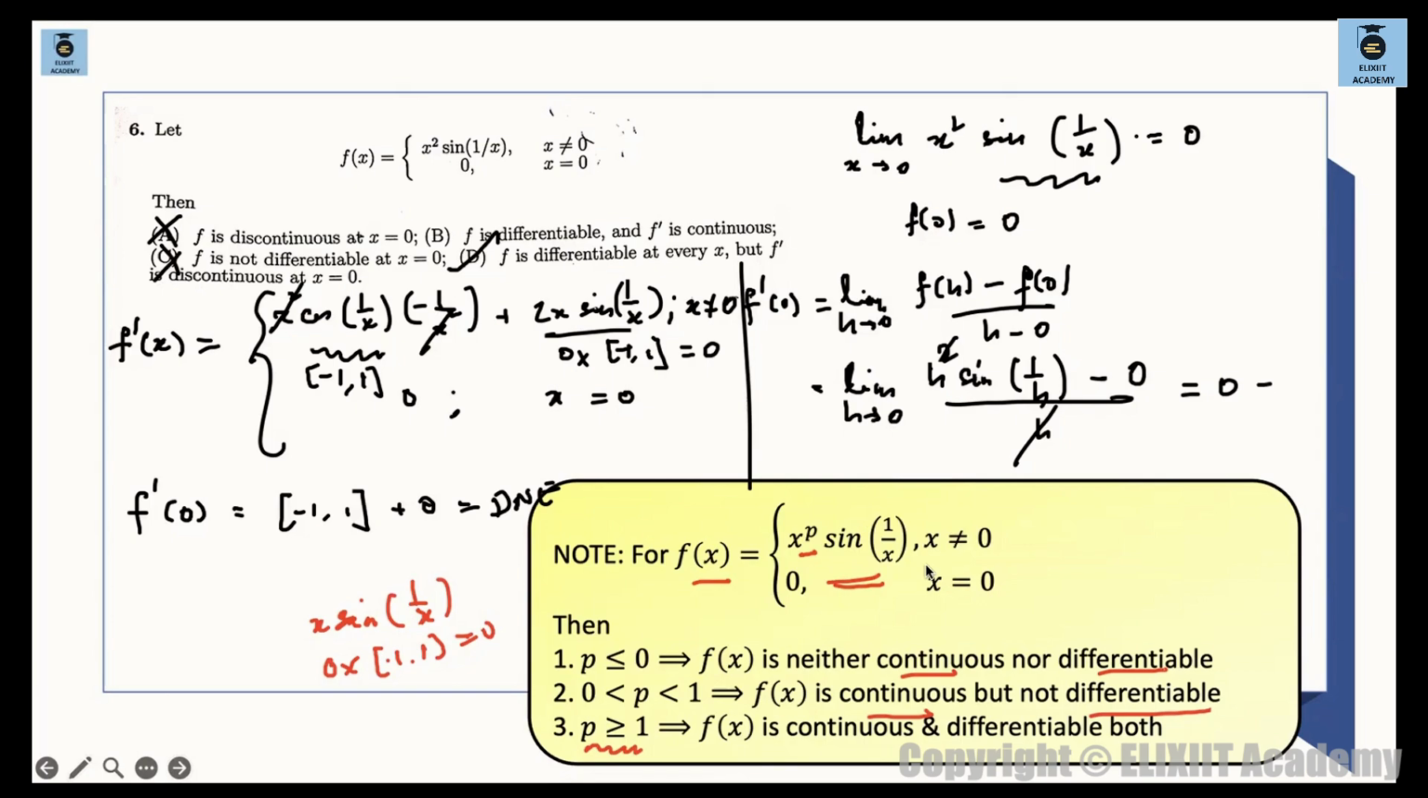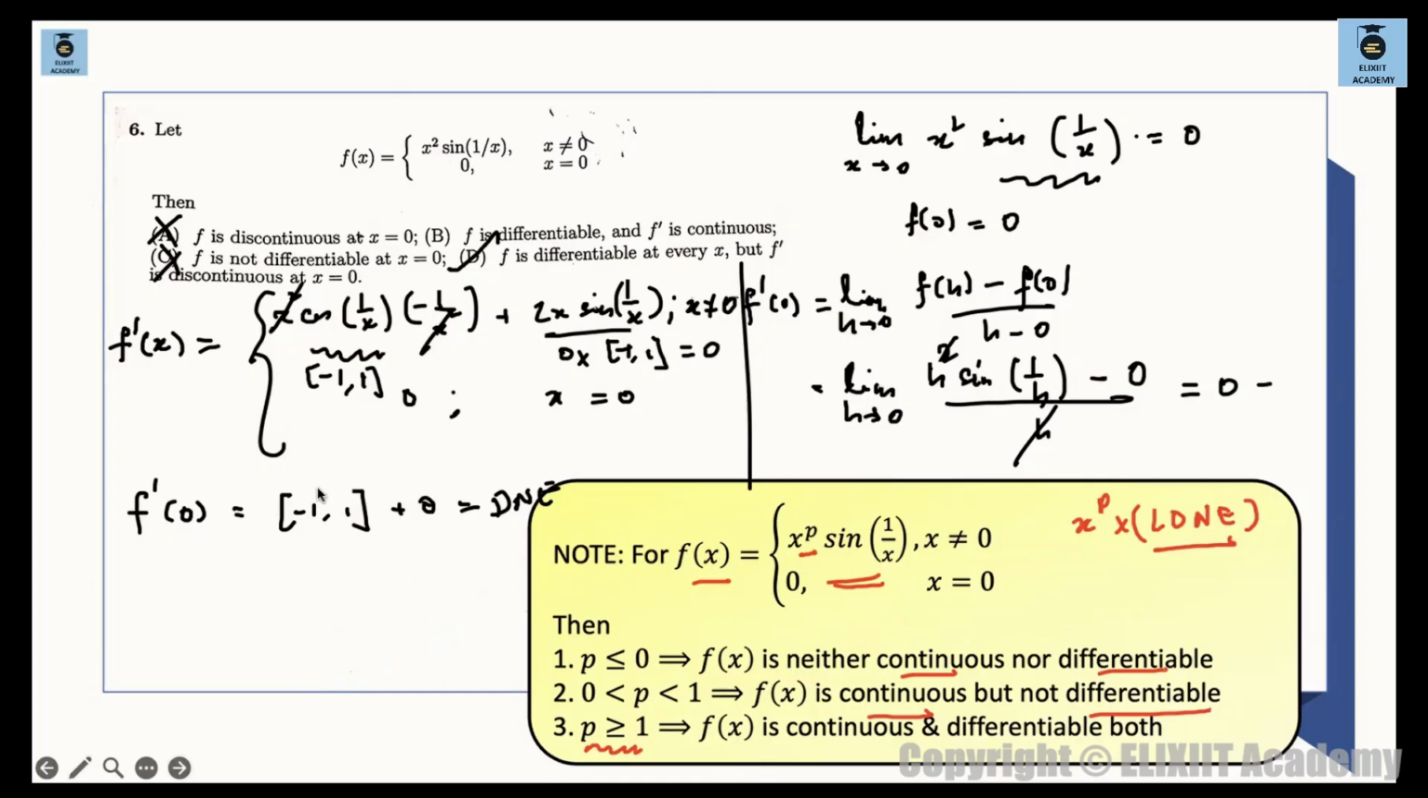this particular short trick is valid for all those functions where we are getting x to the power of p into some function whose limit does not exist. क्या? Limit does not exist. x to the power of p कुछ रहेगा into some function whose limit does not exist. क्योंकि suppose कल को अगर मान लो you are doing this question,